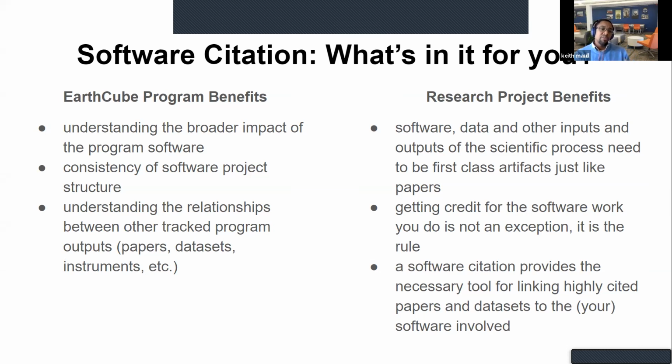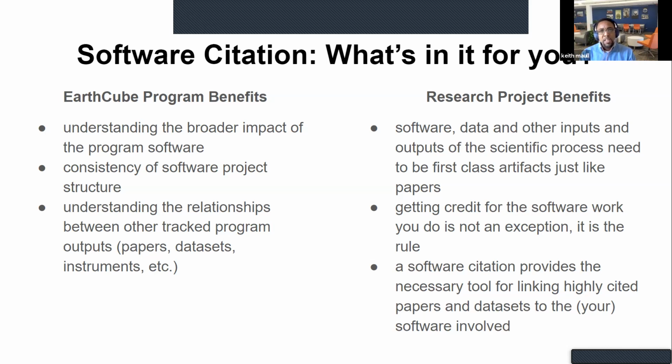The other really interesting thing, if you're looking at this from a program level, is that encouraging these types of behaviors moves the project towards a more consistent structure for all of the software that lives under that project. Right?